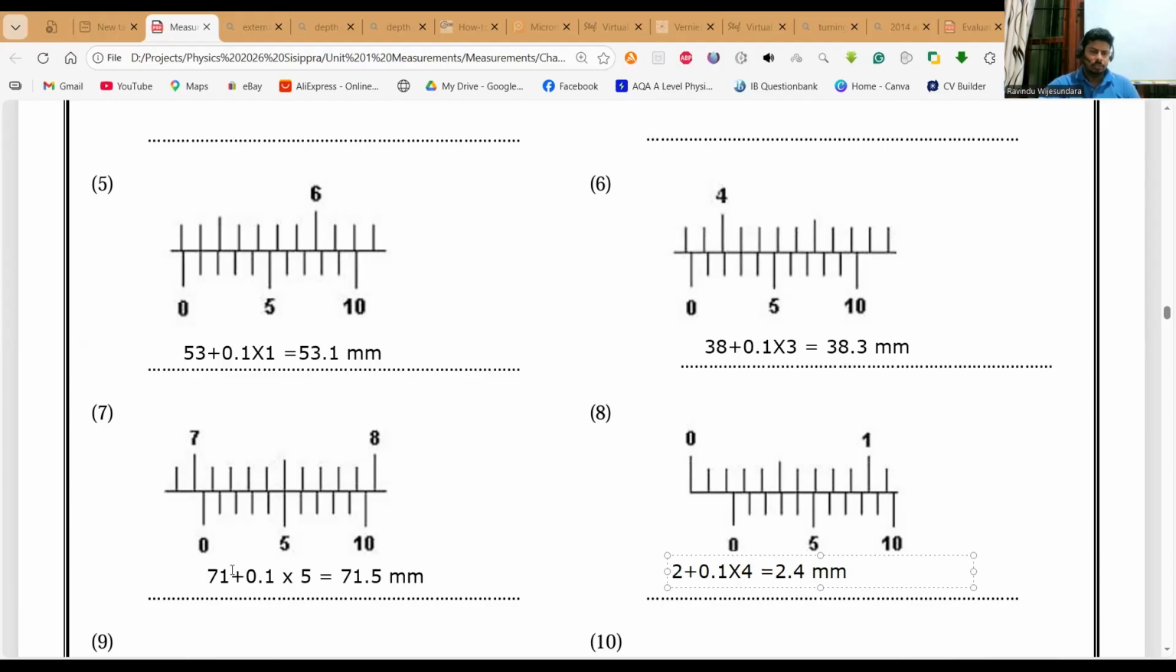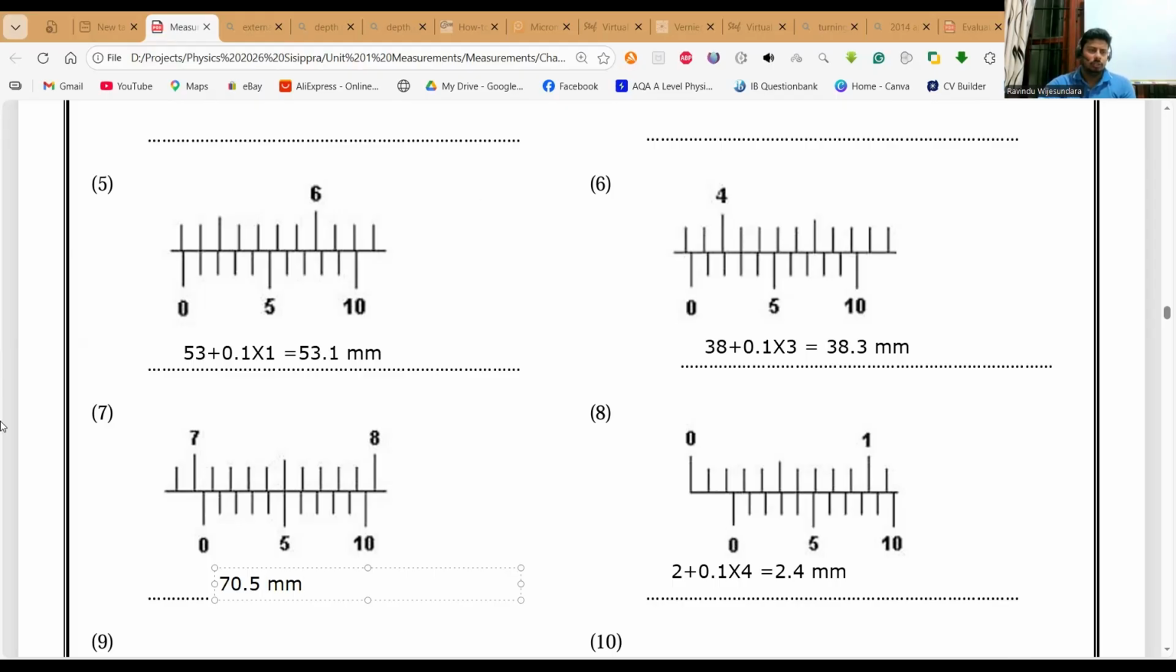Sorry, in the previous one, this is not 71 actually, no? There's a correction from my side. It should be 70.5, right? Okay, I will clear this one. This is not 71, this is 70.5, right? 70.5 millimeters. Okay, correct. That's a mistake by me. Not 71. It should be 70.5 millimeters. Okay,